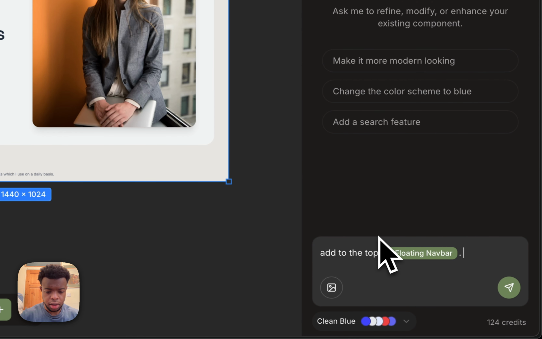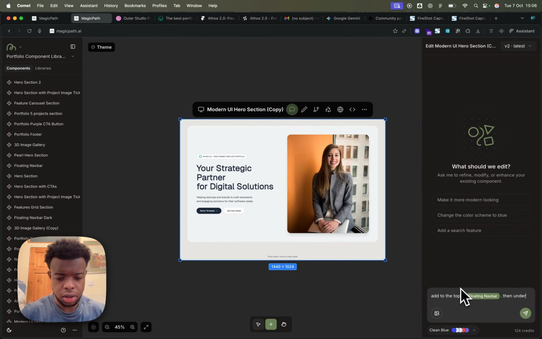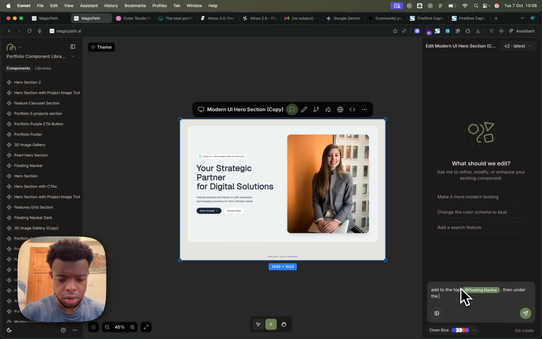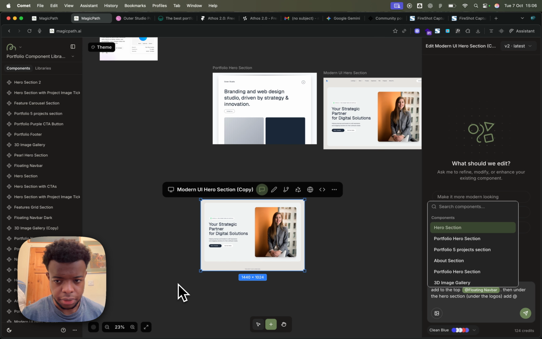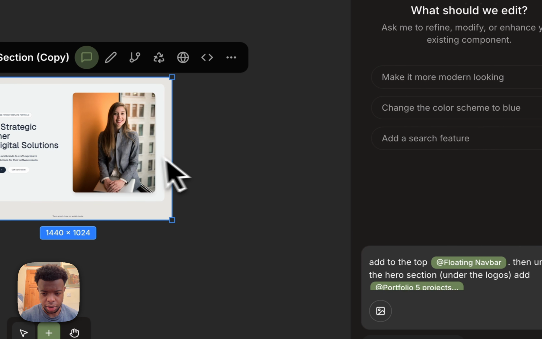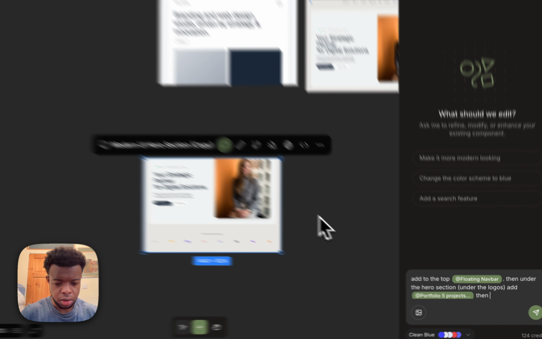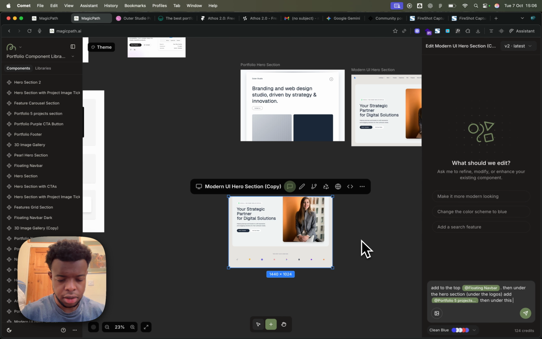I'm going to say then under this, or under the hero section, in brackets under the logos, because I know there's logos there, add, and then what I can do, press at, find the name as this one, portfolio 5 project section,